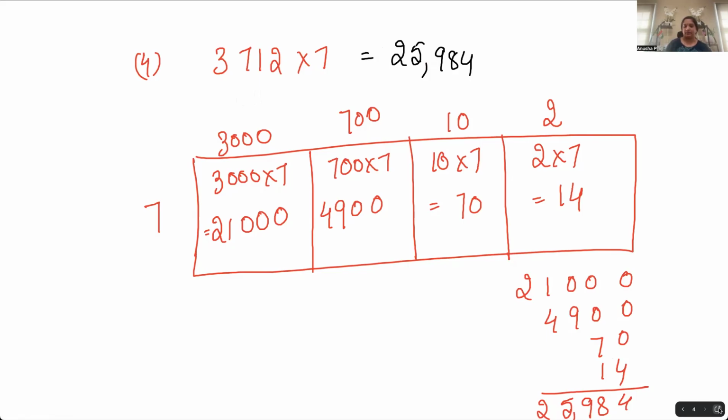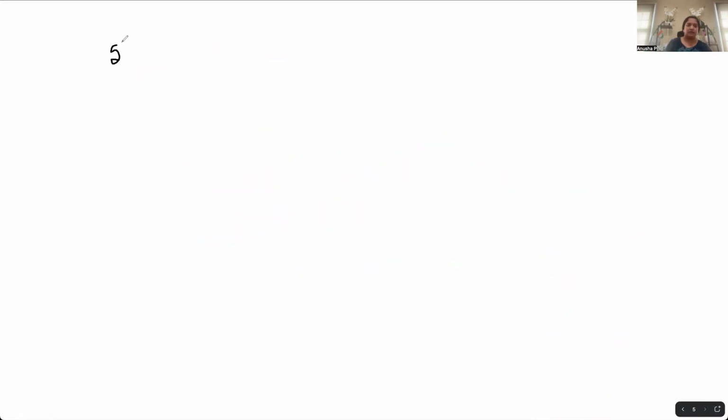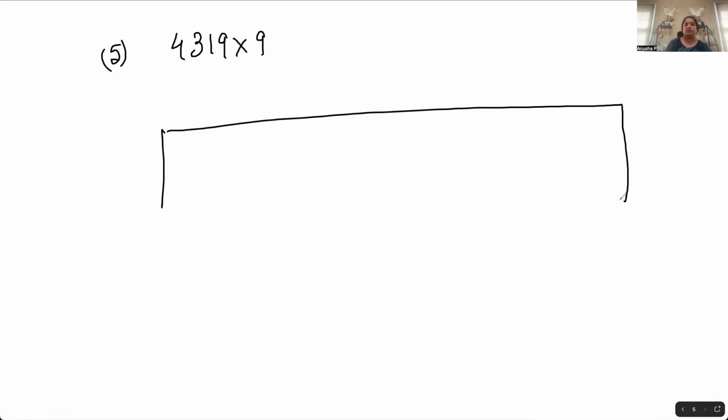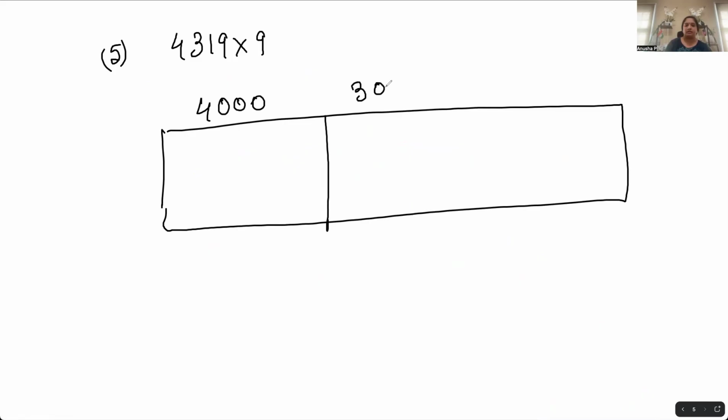Okay. The last example, 4319 times 9. For that, what we will do? We will multiply the place values 4,000, 300, 10 and 9. 4319, we are writing it as 4000 plus 300 plus 10 plus 9, and we are multiplying it by 9. 4000 times 9 is